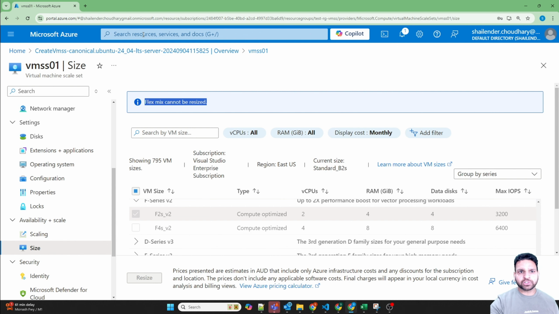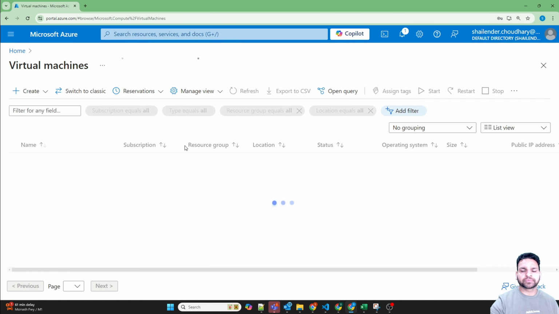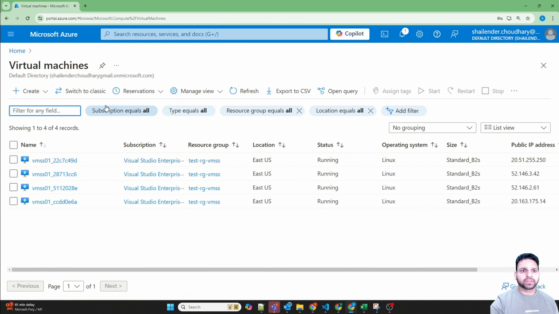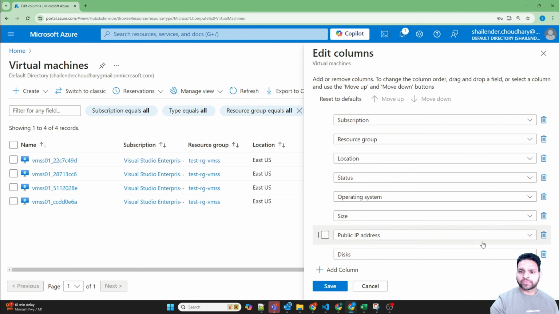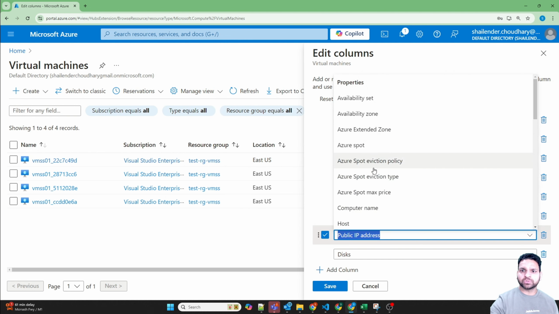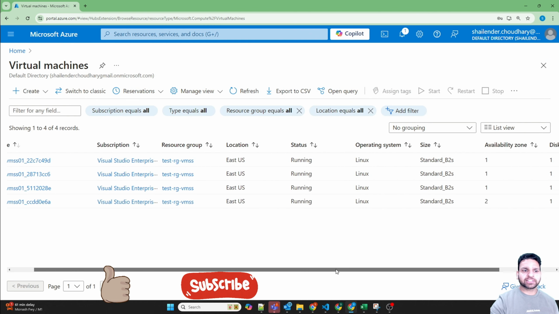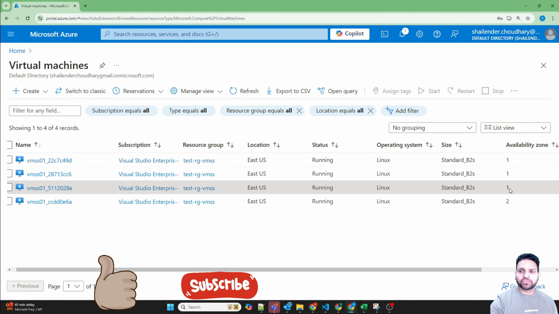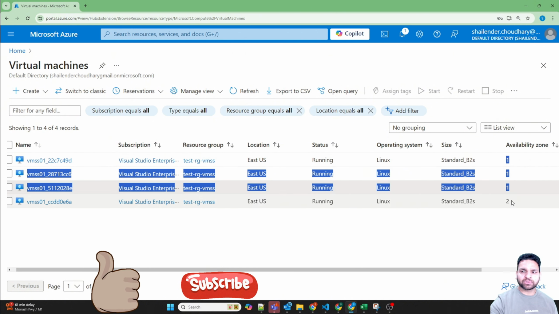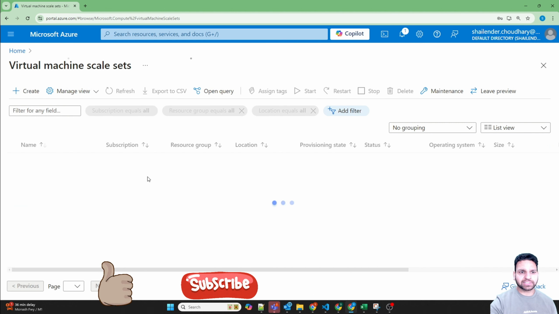And if we go to the virtual machines quickly, if I change the view and add availability zones, you can see they are spread across availability zones. First, the 3, because there are 4 VMs, first they are deployed in the first availability zone and then move to another one. And if I go to virtual machine scale sets again,